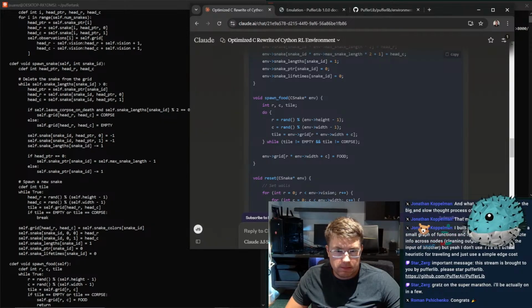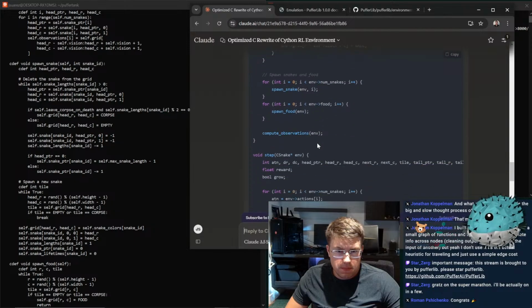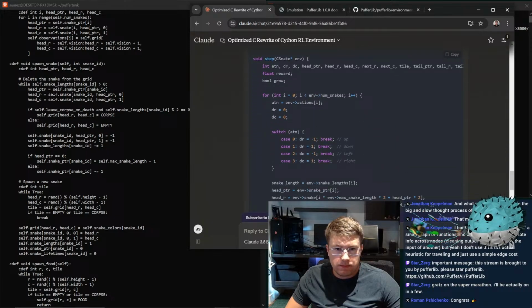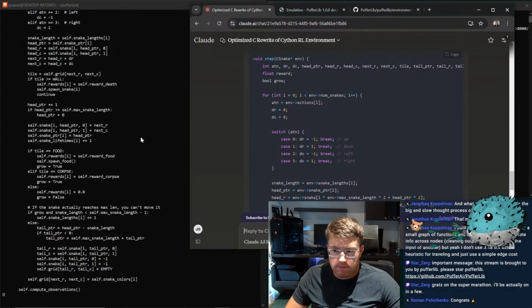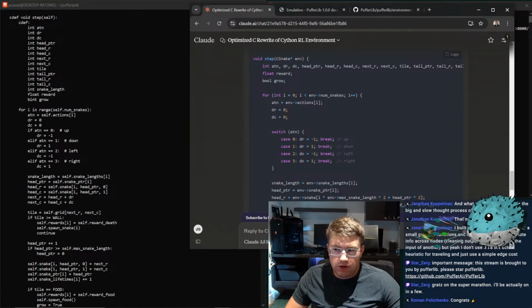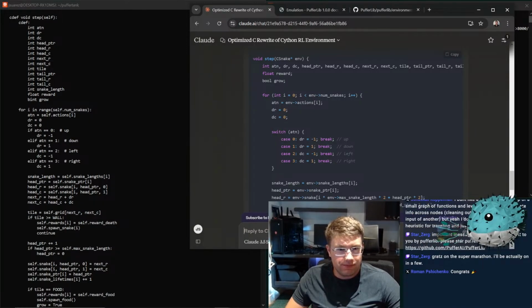Spawn food. Kind of nice. It's funny that the C code kind of uses more fancy syntax than my Python does, because I write very, very simple Python. Because you got do whiles and switch statements and stuff.